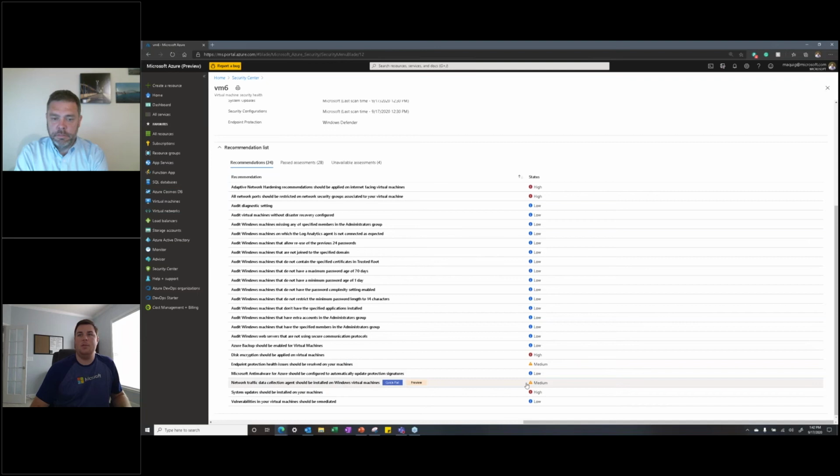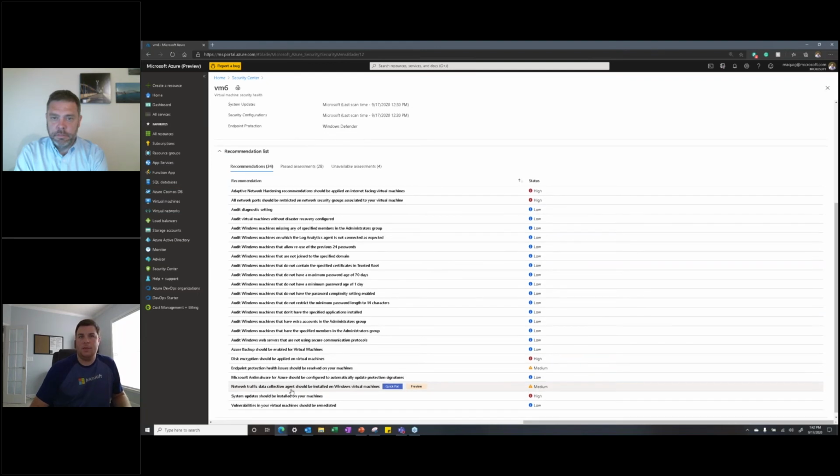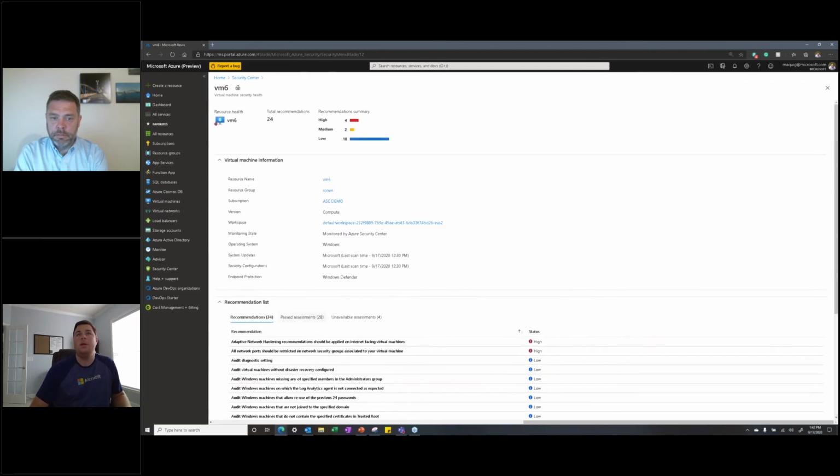You'll see some of these things in here, right? Quick fix, it's a medium. Network traffic data collection agent should be installed on Windows virtual machines. Granted, some of these items, depending on what you're doing with the machine, you may not want to enable them. But it's trying to look at the configuration pieces that we don't often think about when we're setting up VMs, especially if we're setting up VMs using something like Cloud Shell, where we're deploying massive amounts of machines at one time.